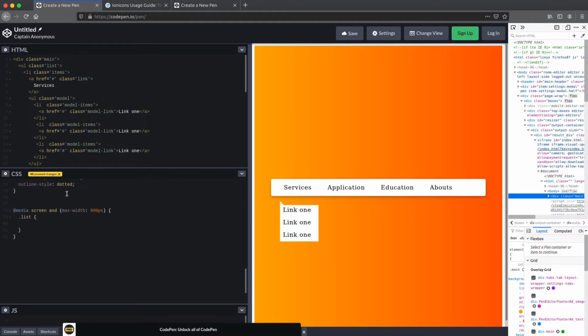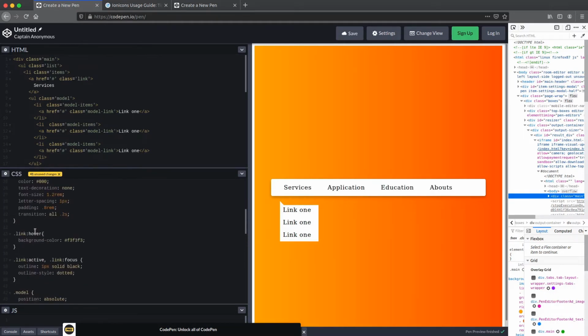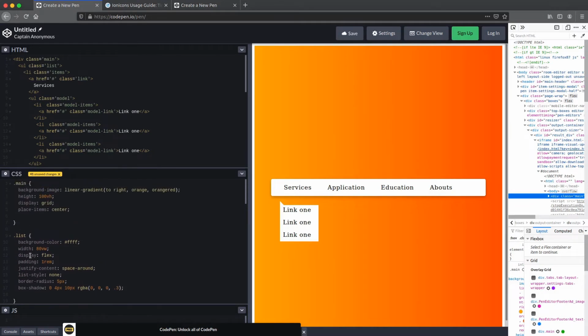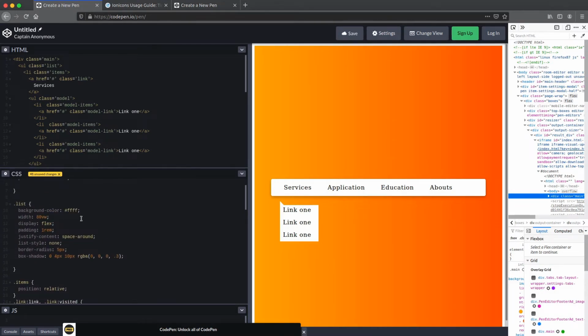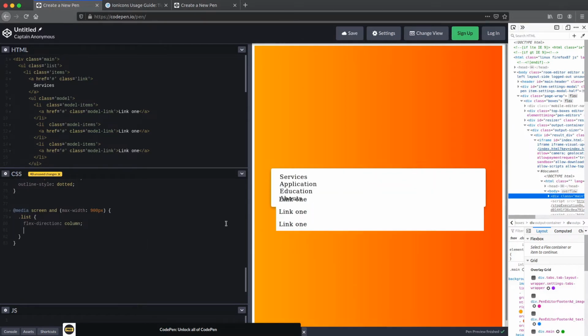In list guys I set the display property to flex. As you know, flex sets the default flex direction to row, so I change it here to flex direction column, and I see this changed from row to column.